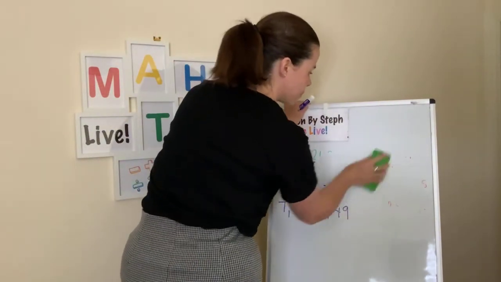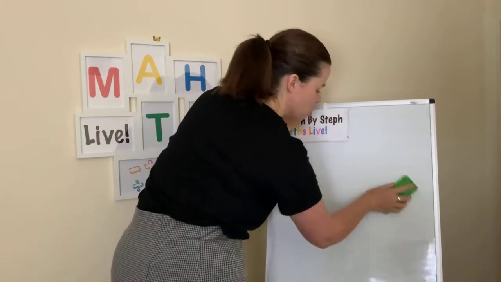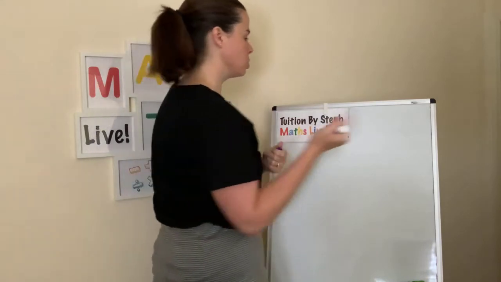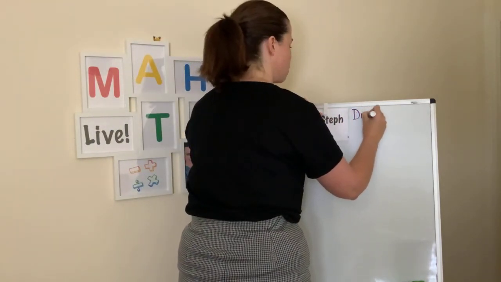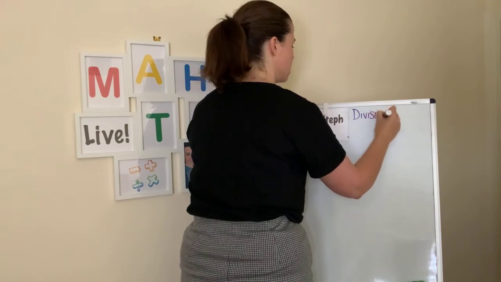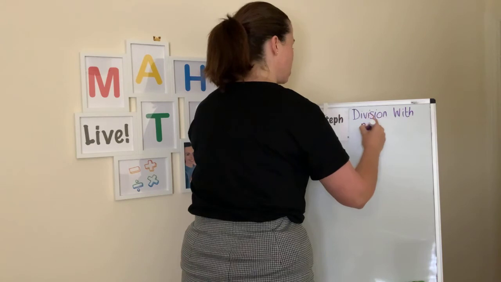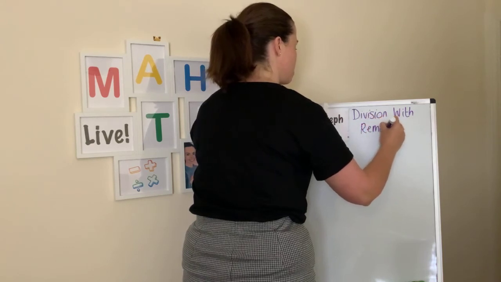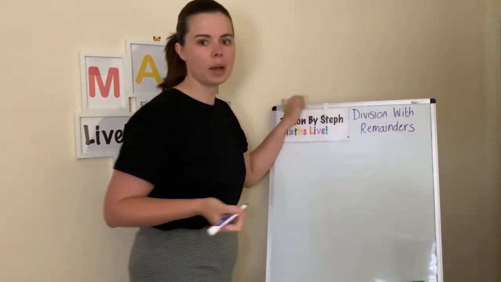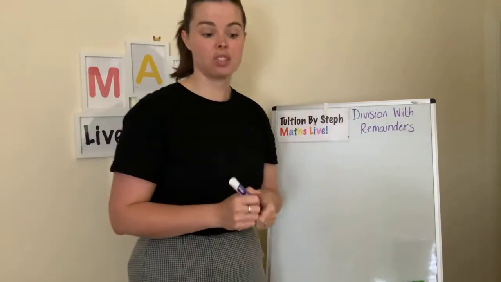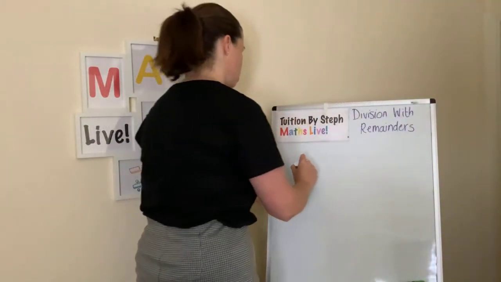Right, so yesterday we were doing division, just one multi-digit number divided by one digit. So we're doing division with remainders. But this time we're going to do a different type of remainder. I'm going to show you how to do division with fractions as a remainder. Okay. So the first question,